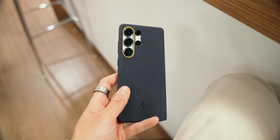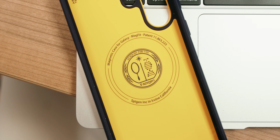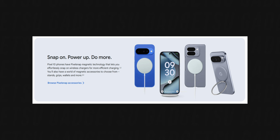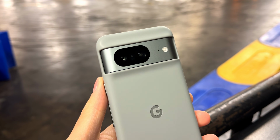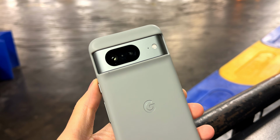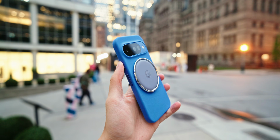I mean, we've had Android MagSafe cases for ages now, but it's really cool to see that Google adopted this natively because that means we get amazing first-party cases. I've always thought that Google made the absolute best Pixel cases on the market with that soft, grippy silicone finish and the way the case ramps up softly to the camera bump, so having MagSafe on this now makes me